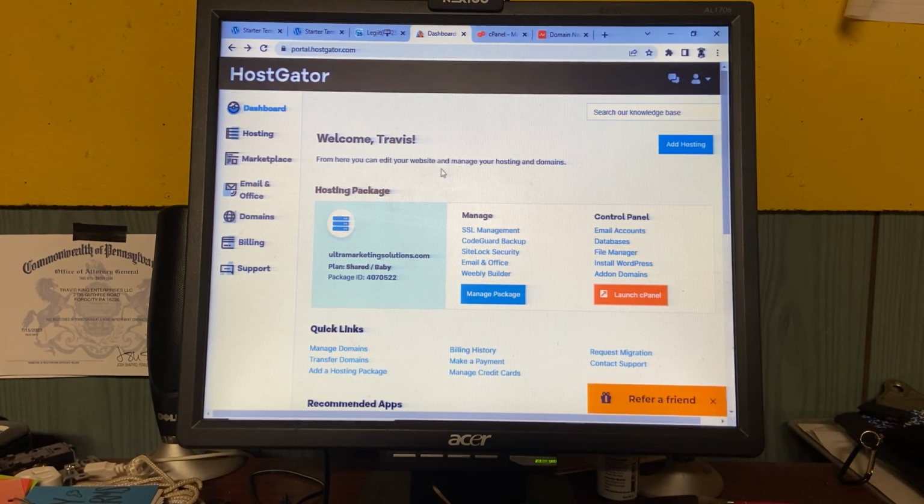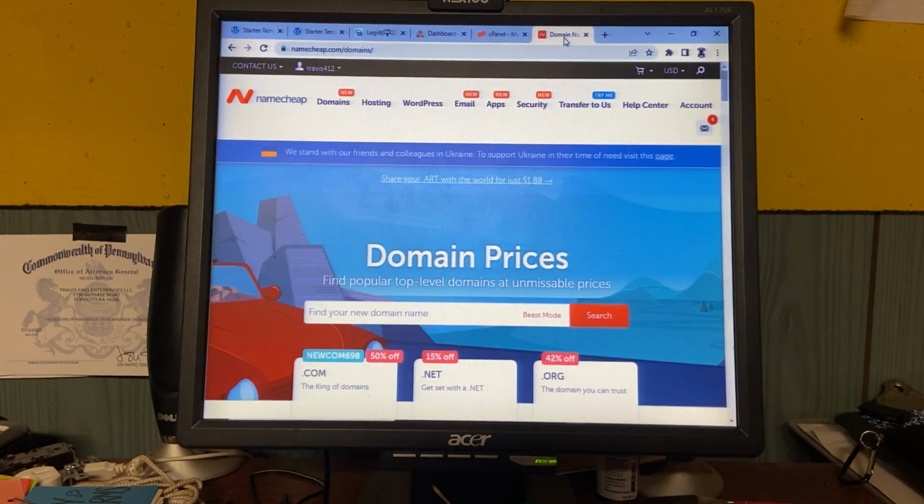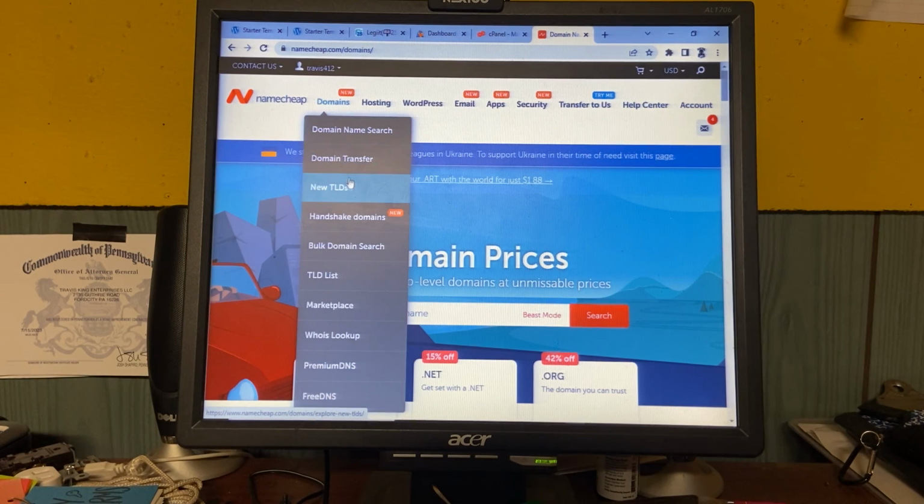And once you have a HostGator account, you can go launch cPanel. cPanel will come up, and basically over here on the right, you're going to want to look for DNS. I don't want to show you my numbers, I'm sorry, because I don't know if you can get hacked with those numbers, but you'll go get your 2 DNS numbers. You'll go back to Namecheap. You will